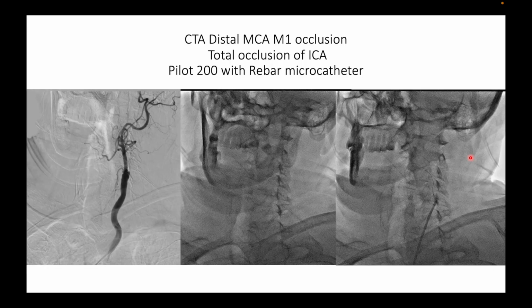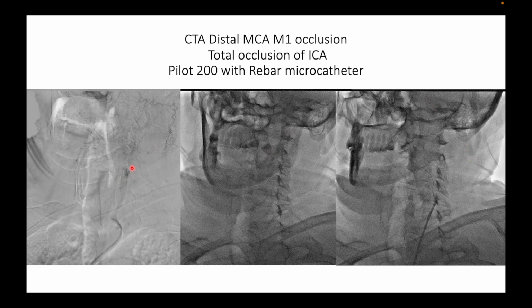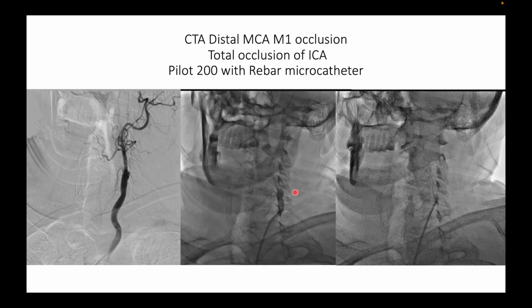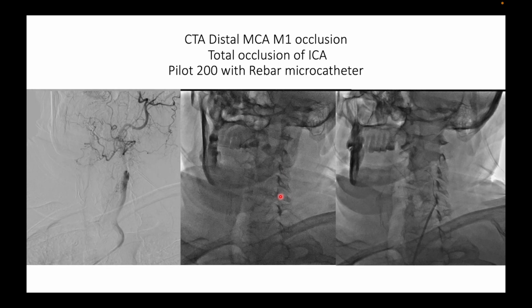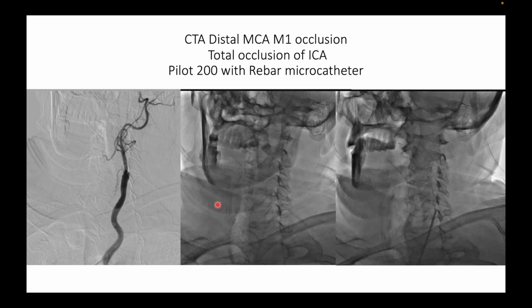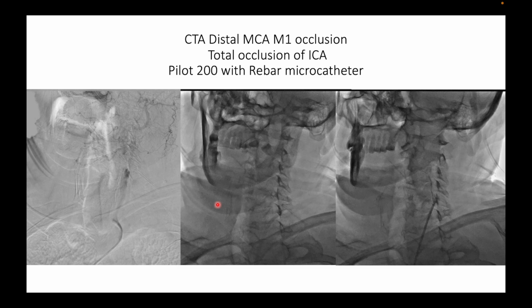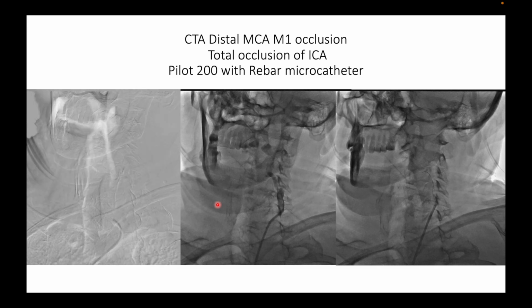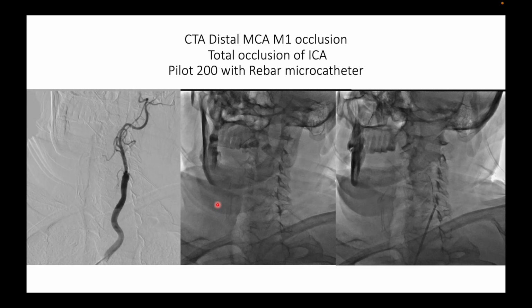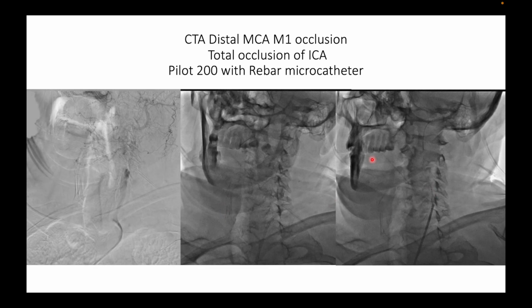So this is another patient where the carotid is totally occluded. It's a stroke case and it's a total occlusion of the carotid, and it was a difficult lesion to cross. It was like an acute on chronic occlusion. And we finally had to use, after different wires, Fielder XT and other coronary wires and the Traxess wire from neurointervention, we finally went on with a Pilot 200 with a Rebar microcatheter, and that's the Pilot 200 which finally crossed